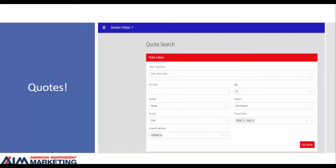Just simply type in their zip code at the top, age, gender, tobacco information, all that good stuff, and hit get quote. Also something to think about, say you're talking to a client and you find out that they already have dental coverage. Rather than just forget it and move on, ask who they have, get some information. It's possible you can get them a better deal. So just hit quote and